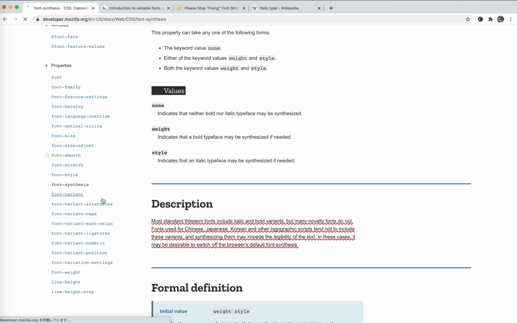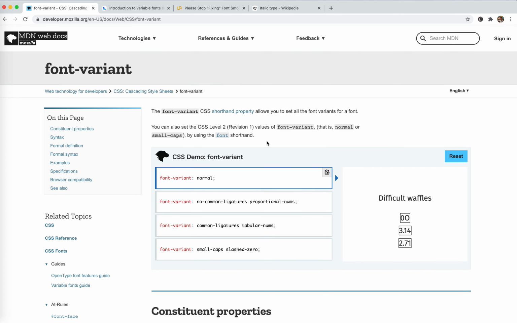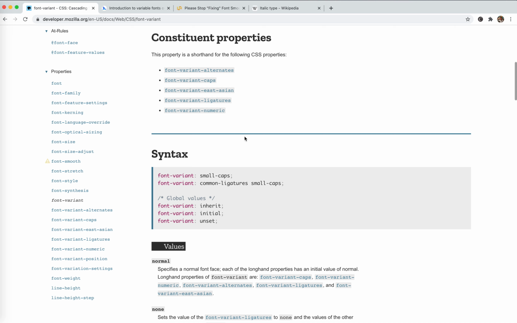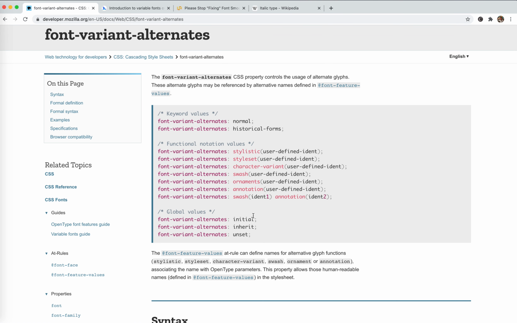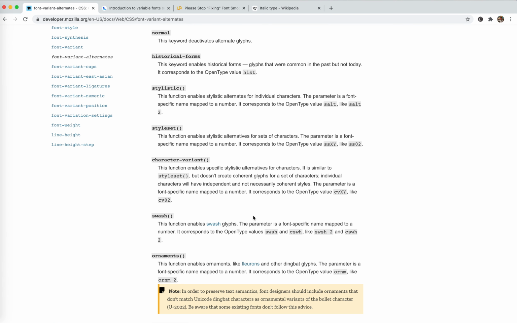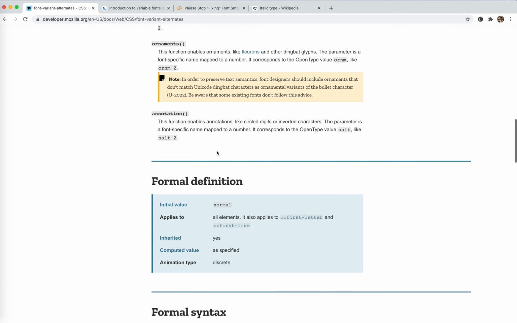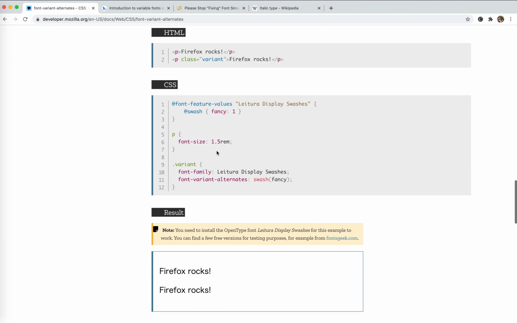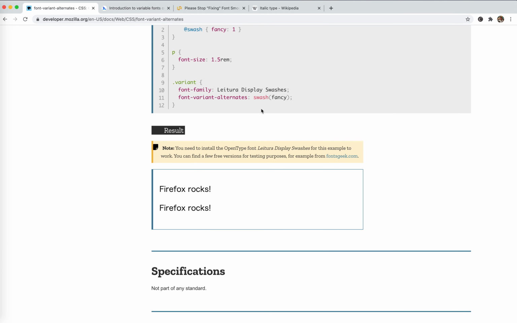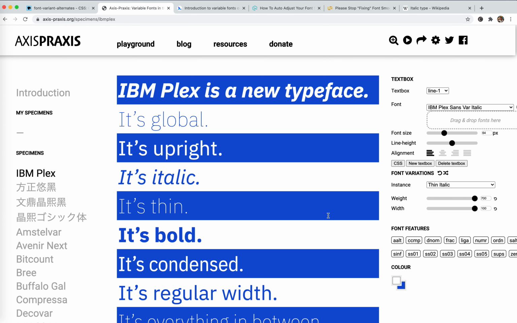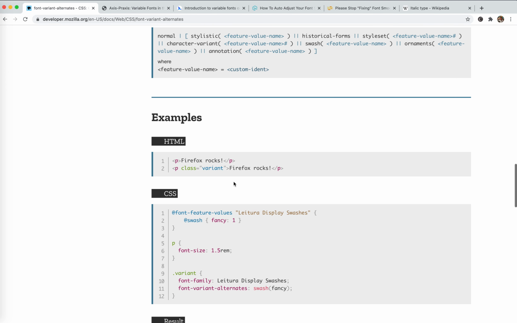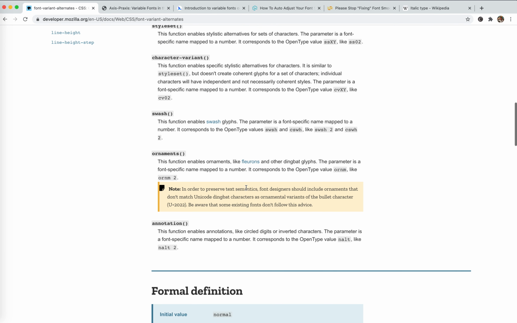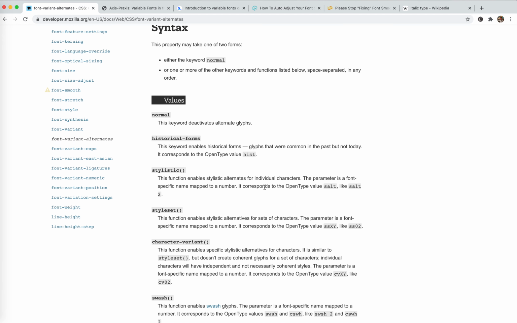Okay, font variant. This is shorthand for a bunch of other properties. So let's jump to another one. Font variant alternates. Okay, there are a lot of values. Let's just jump to the one I think is this one. As we said, the alternates actually has the value for